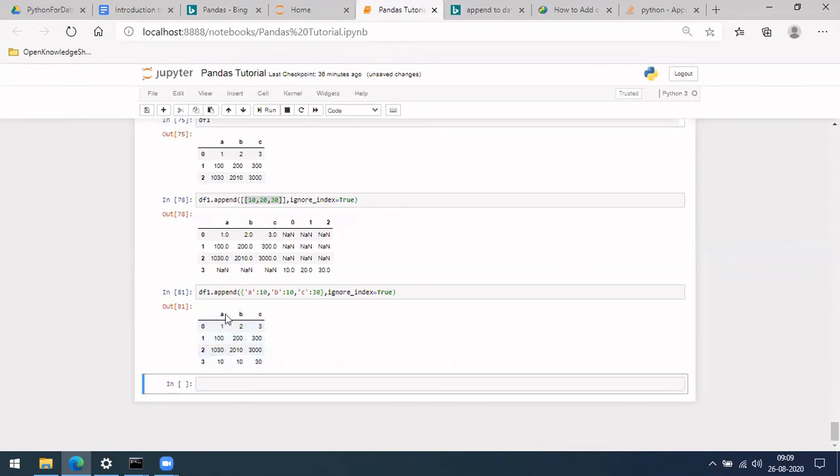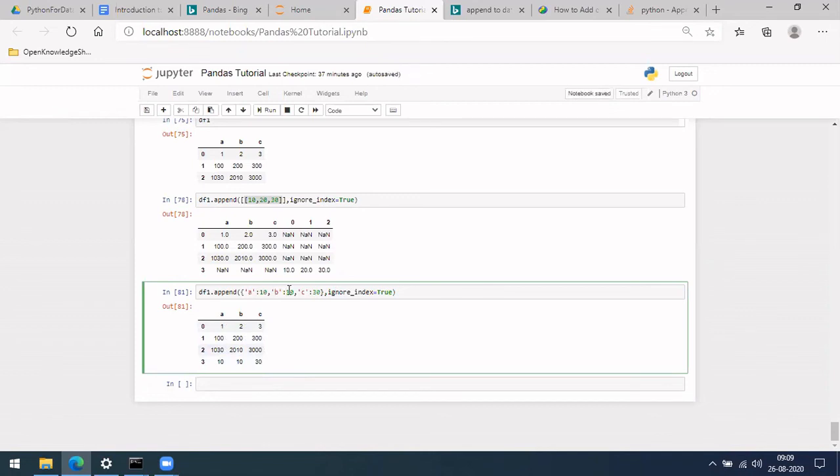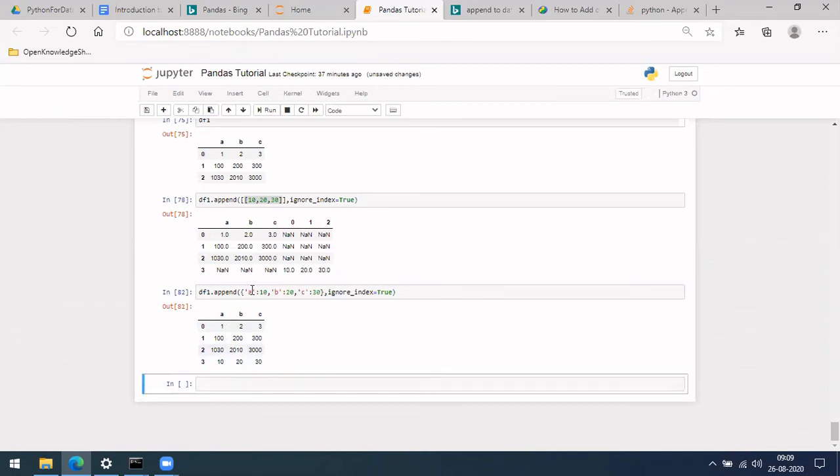Here, if you see, whatever you wrote in column A, key pair A, will be in column A, and similarly key B will come here, and C comes into C. So that is one more way to add a row.